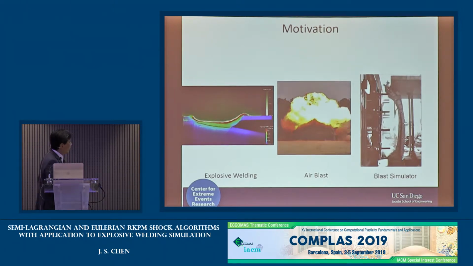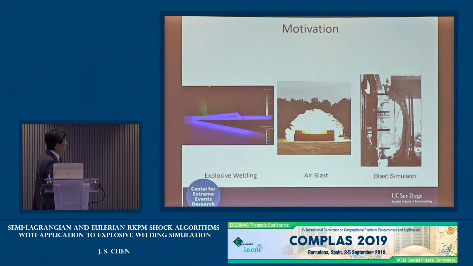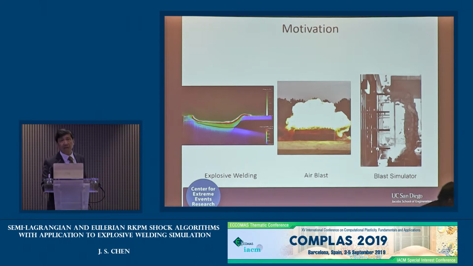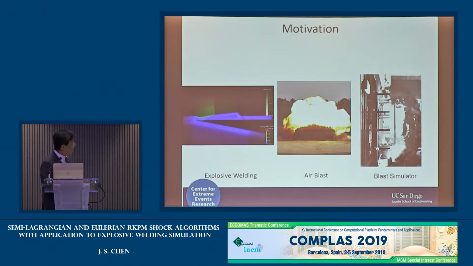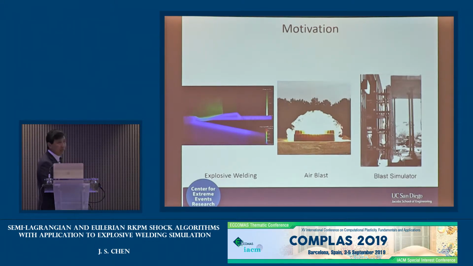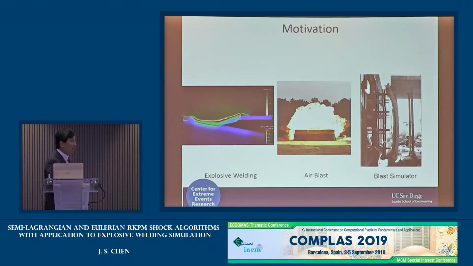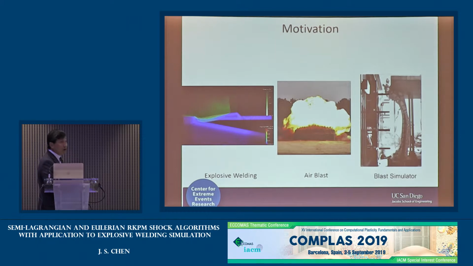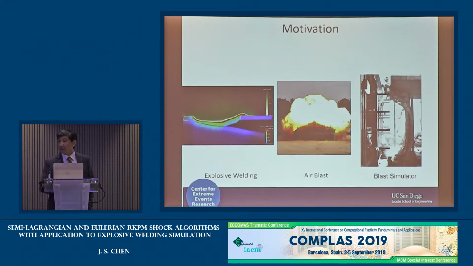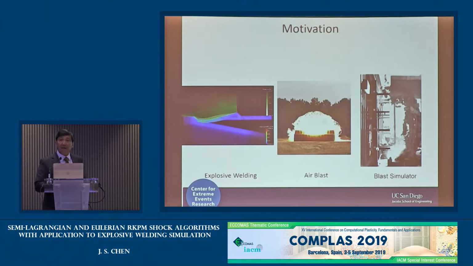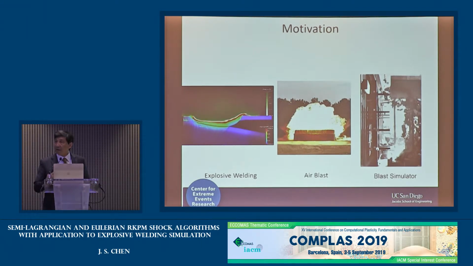But what I would like to talk about today is more on this type of problem. This is called explosive welding. I'll get into some more details about the physics of the problem at a later time. But what it does is it uses small explosives to generate very high impact velocity between two pieces of metal. And this is the only welding process that has been classified by NASA JPL as the kind of welding process that has very good